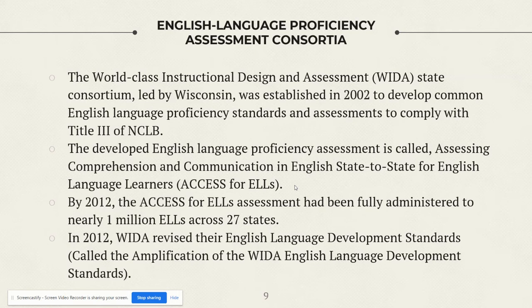So, as we're taking a look at the English language proficiency assessment consortia, this is now the group of people who are developing tests to gauge a student's language proficiency, especially in English. And this is really WIDA. I know I've mentioned WIDA a few times, but now we're seeing more in depth what WIDA is. It's the World Class Instructional Design and Assessment. So that's what it stands for, but it's the state